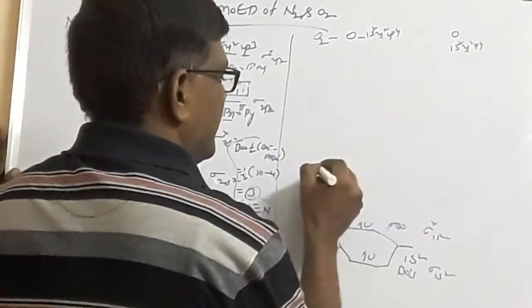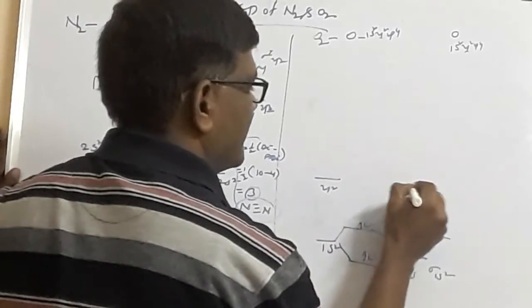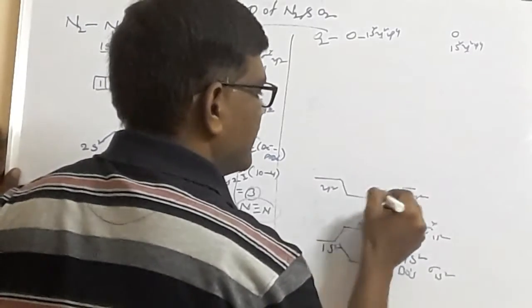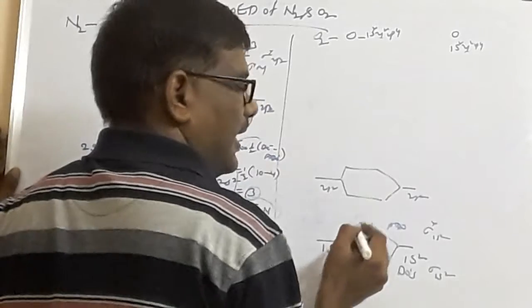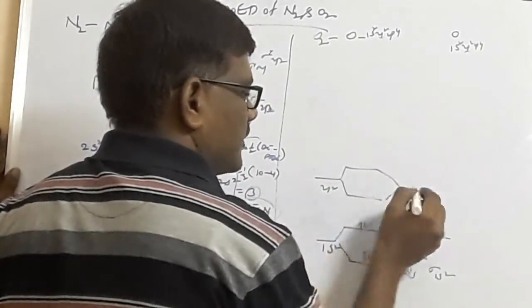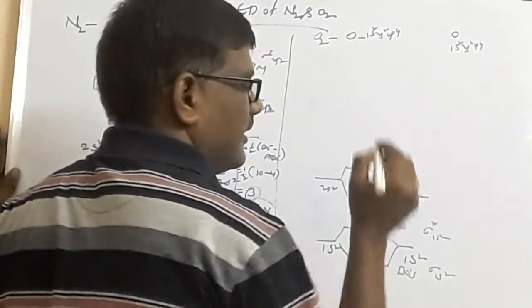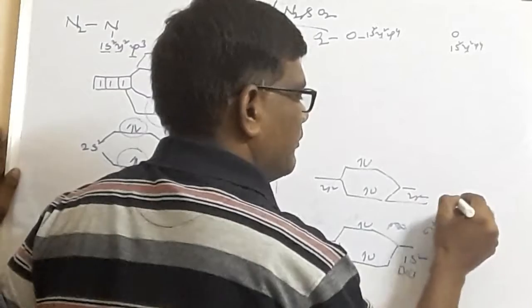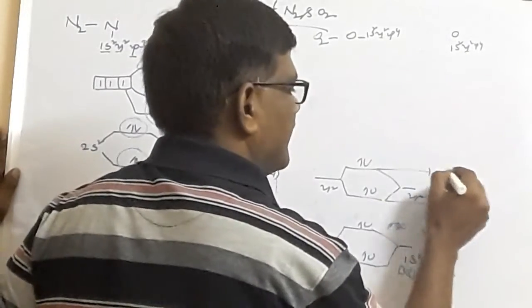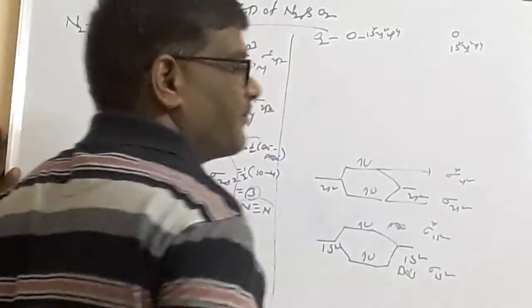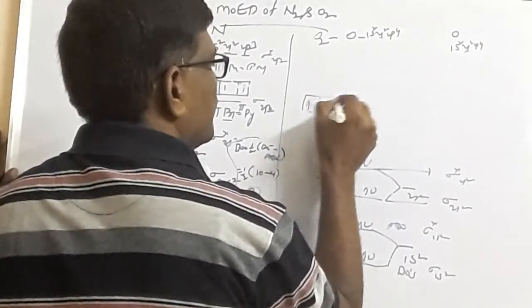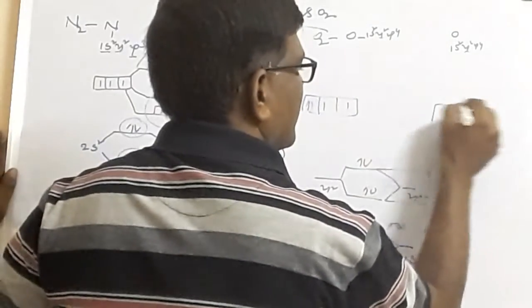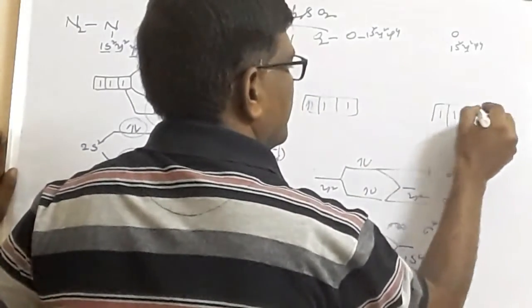2s2 combines with 2s2. They give you two different energy levels. One will be the BOS, one will be the anti-BOS, the anti-bonding orbital. Total 4 electrons, 2 here, 2 here. Ultimately, this is called sigma 2s2 and this is called sigma star 2s2. Then 2p4 of one oxygen, 1, 2, 3, 4. This oxygen also has 4 electrons, 1, 2, 3, 4.